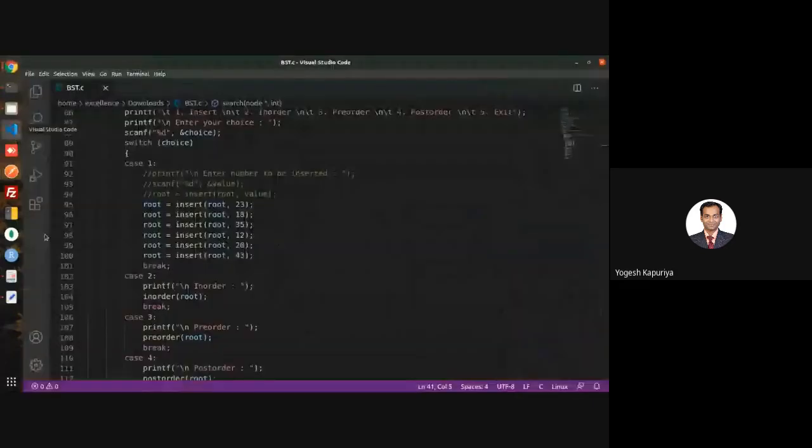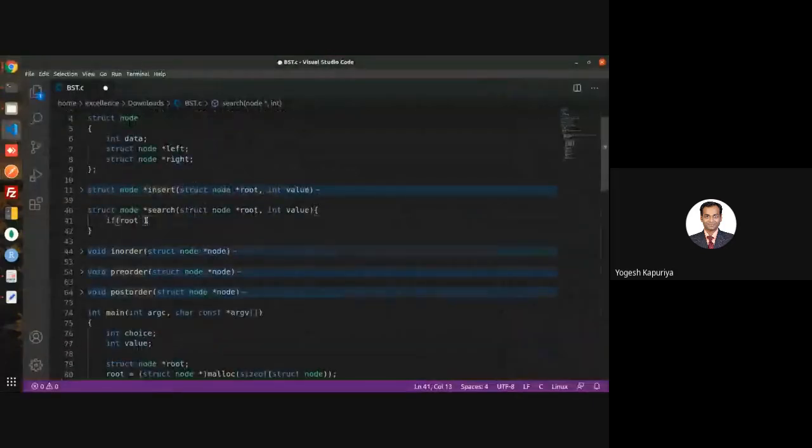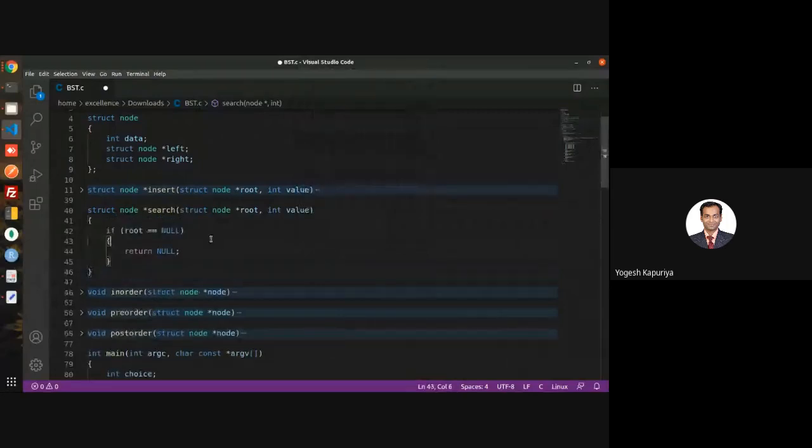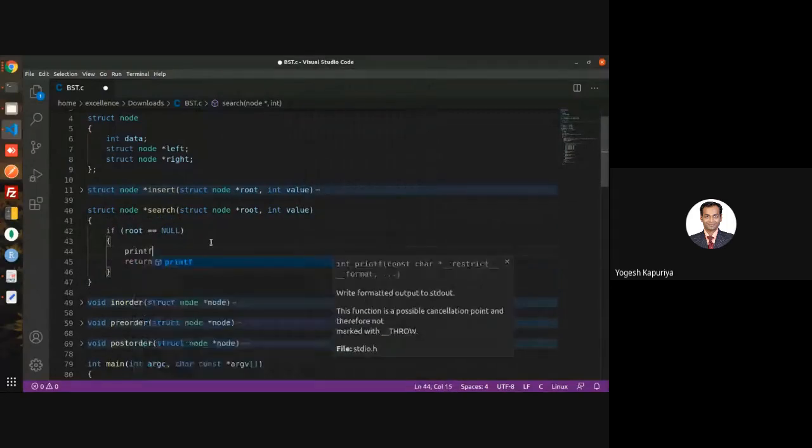So when you are searching something, and if you found a null node, then it is the case of element not found.